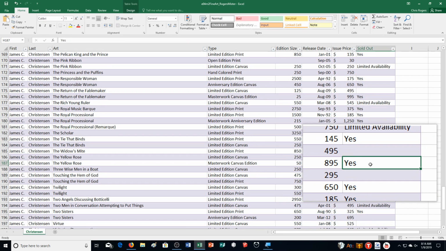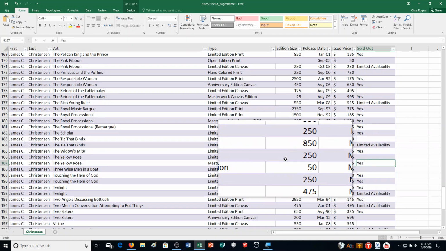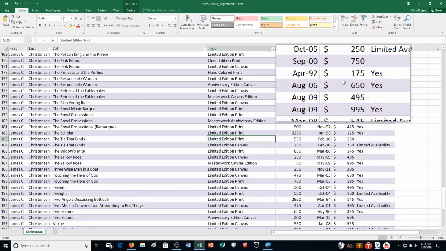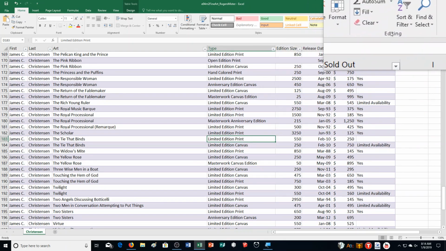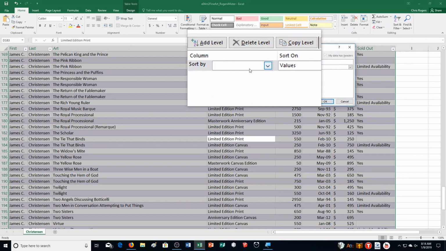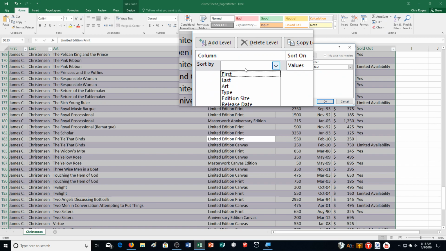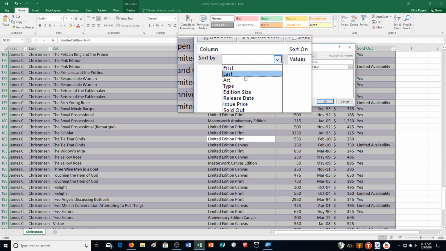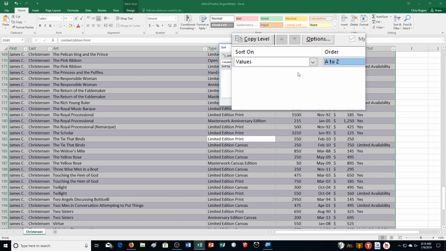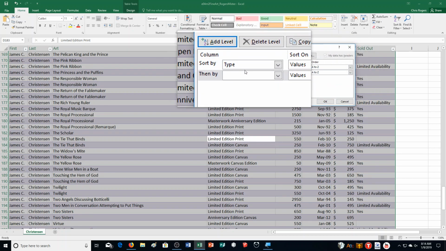Alright, so all of that in row 187. Then it says, step D, to sort the table by type in alphabetical order, and then by release date from newest to oldest. So if I go up here to my editing group, we have sort and filter. I can choose custom sort, and then sort by type, and it says do it alphabetical order, so A to Z, and then we're going to add a new level to it,